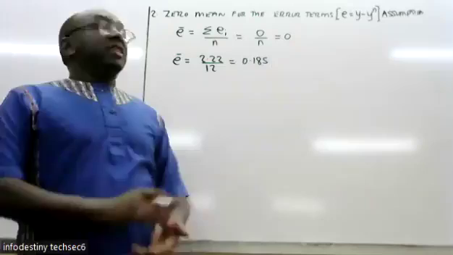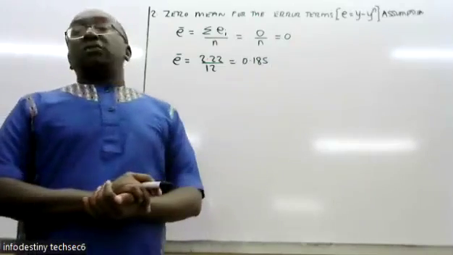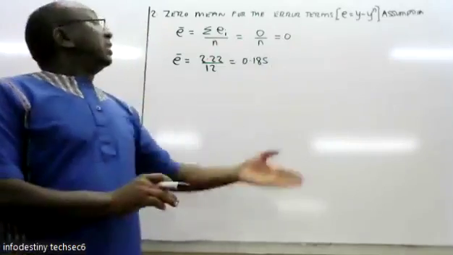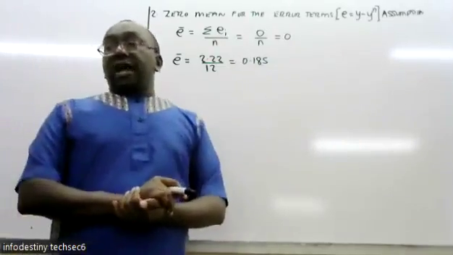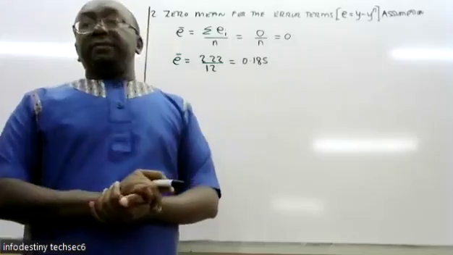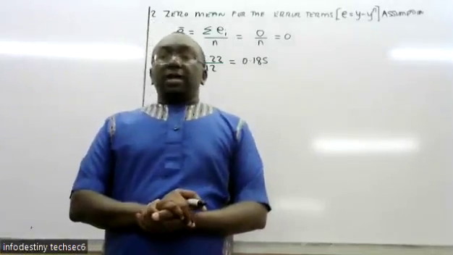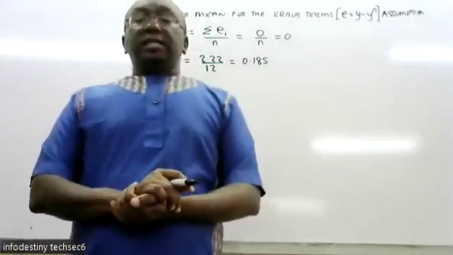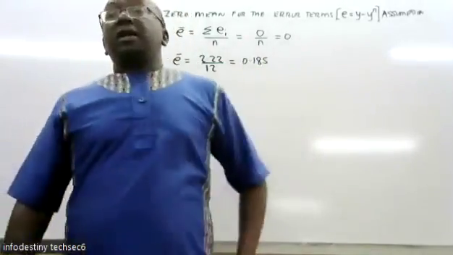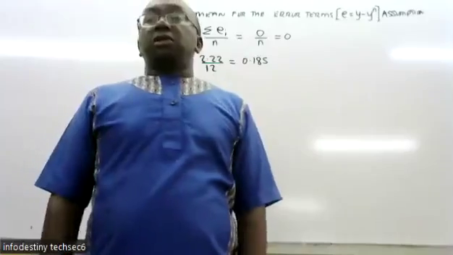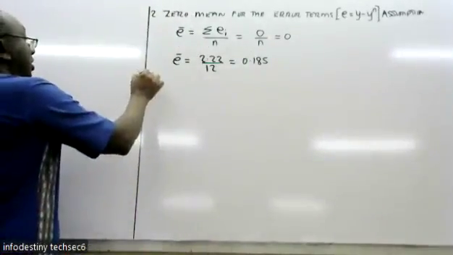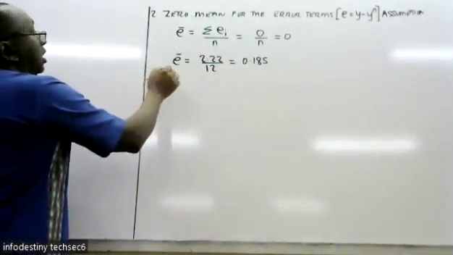Now, in this case, you can see we have not gotten a value that is equal to 0. But when you compare this value with the values of y, then we can comfortably say that this is almost 0. Because the values of y, you can see they're in hundreds. So getting an error of 0.18, that is almost 0. Good. So let's go to assumption number 3, which is called